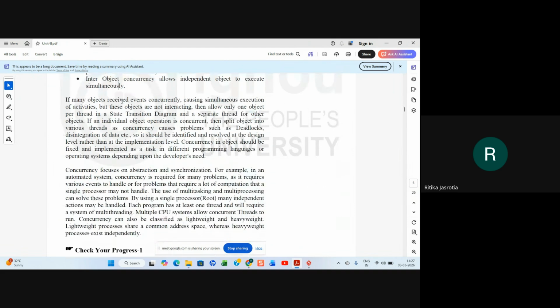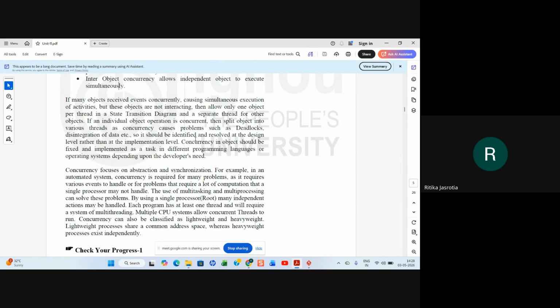So if many objects receive events concurrently, causing simultaneous execution of activities, but these objects are not interacting, then allow only one object per thread in a state transition diagram and a separate thread for other objects. So if an individual object operation is concurrent, then split the object into various threads, as concurrency causes problems such as deadlock, disintegration of data, etc.